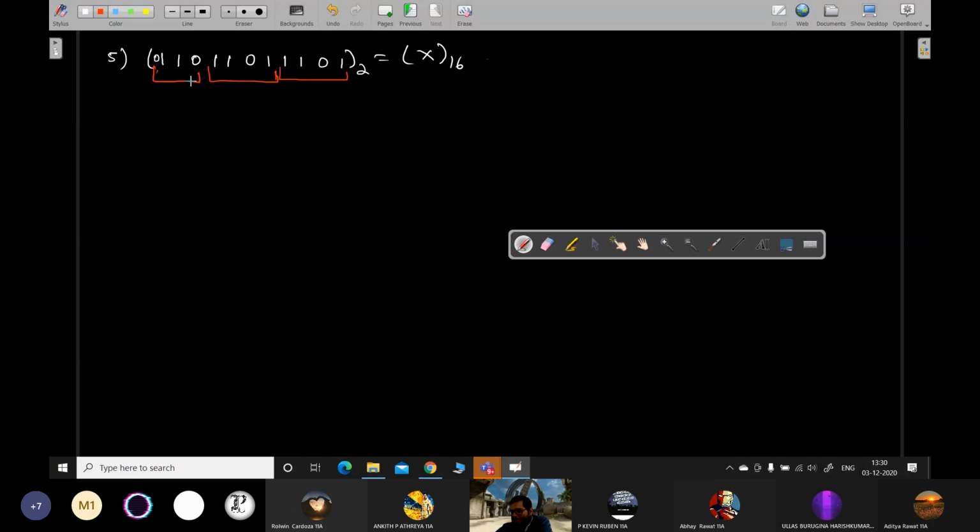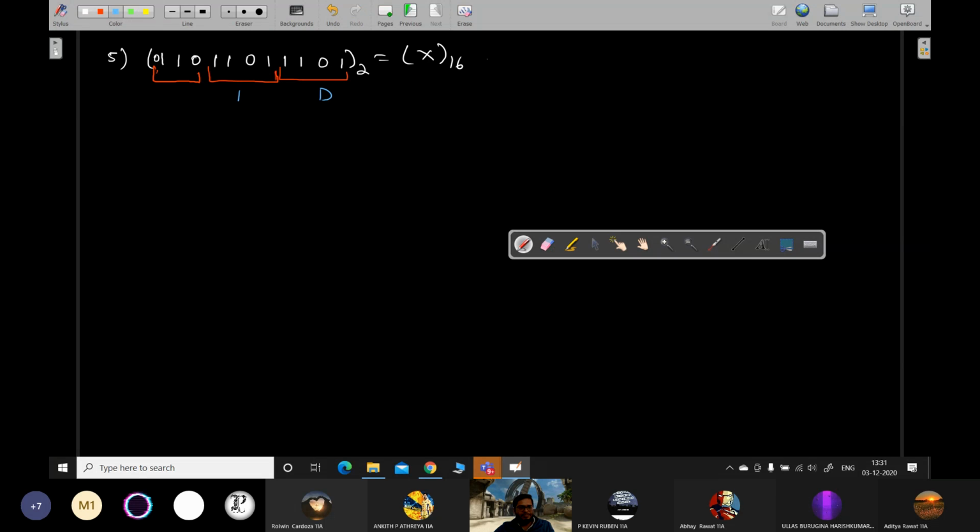6DD. Okay. All of you believe 6DD. Let us see very quickly. So this will be 1, 2, 4, 8. So 2 will cancel because 0 into 2 will give you nothing. So 1, 2, 4, 8. 8 plus 4 is 12, plus 1 is 13. So 13 corresponds to A, B, C, 10, 11, 12, 13, D, correct. Which corresponds to the alphabet D. Yes, so you will write D.